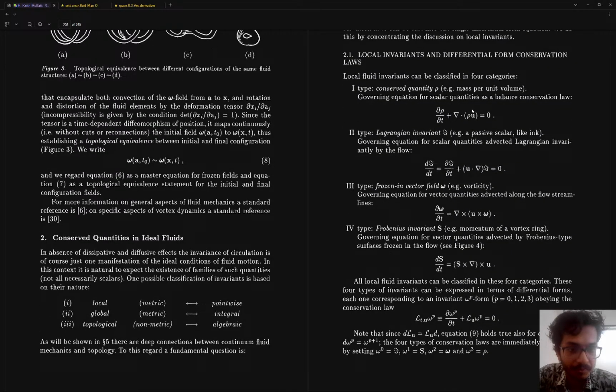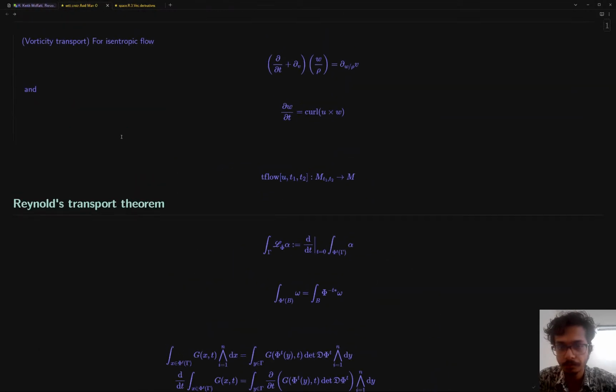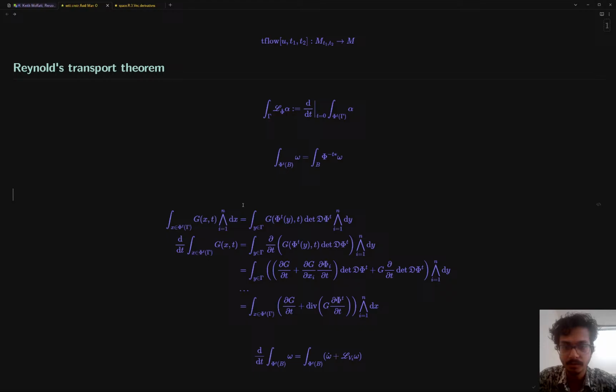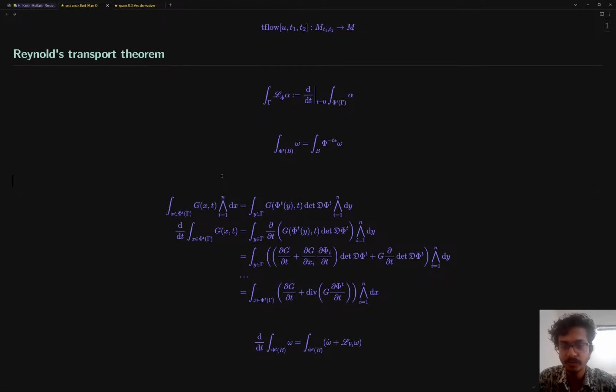So there are four types. The four types are, for example, mass density, mass per unit volume. That satisfies a conservation law. How does the conservation law work? It looks like this, but if you initially integrate, it depends on the Reynolds transport theorem. I don't know if I have done this calculation. I will explain the calculation here, but the point of the Reynolds transport theorem is if you integrate,